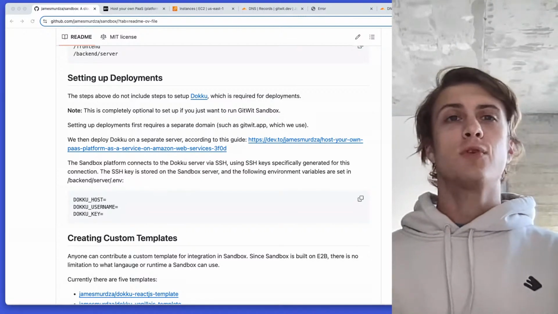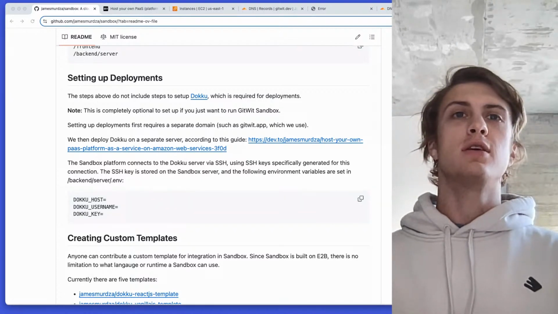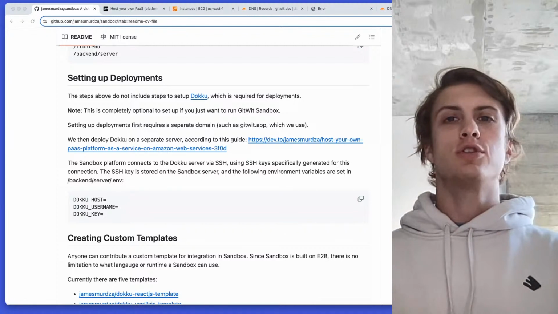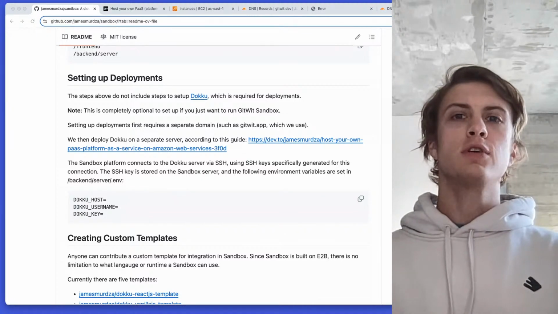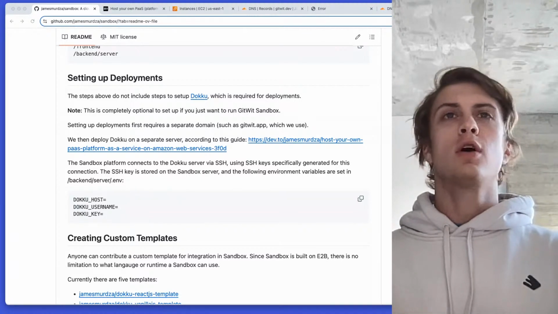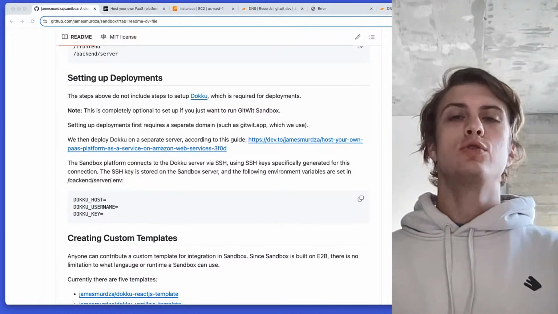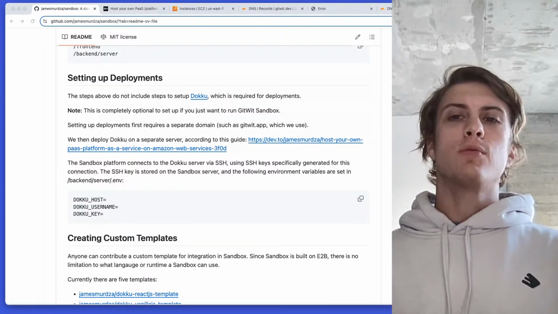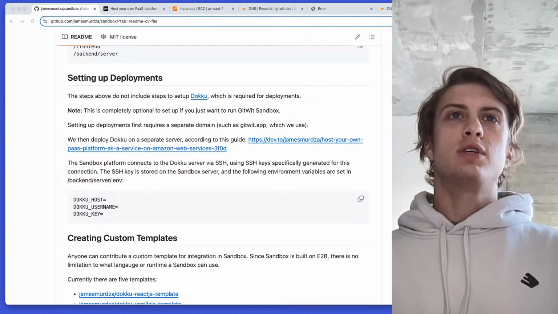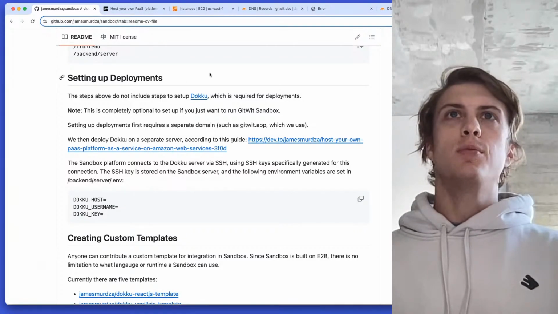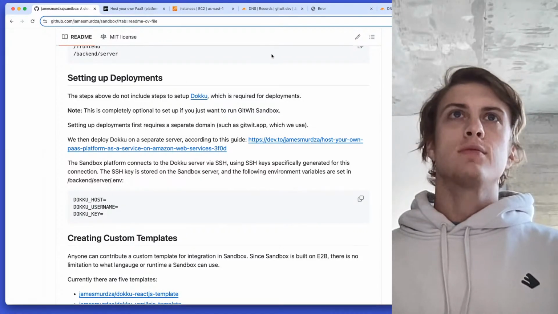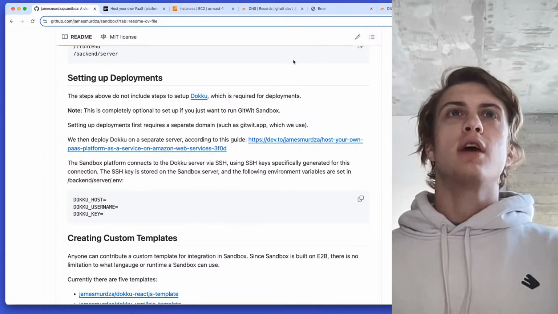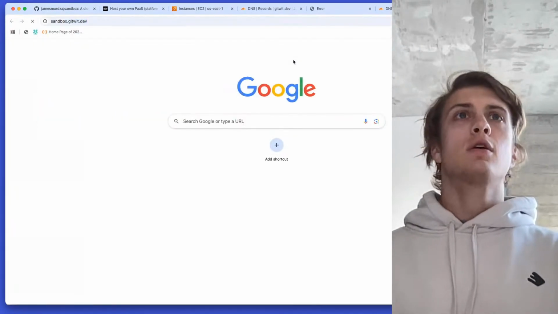So right now we're going to be setting up the deployments backend, which is sort of like a platform as a service, or an open source Heroku type platform, which is used to host all of the apps made on GitWit. So basically, what we did last time was we set up the backend for the editor at